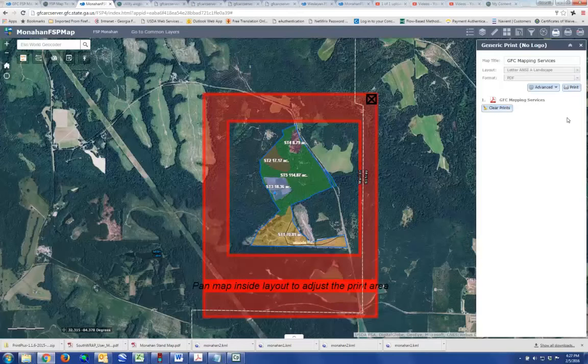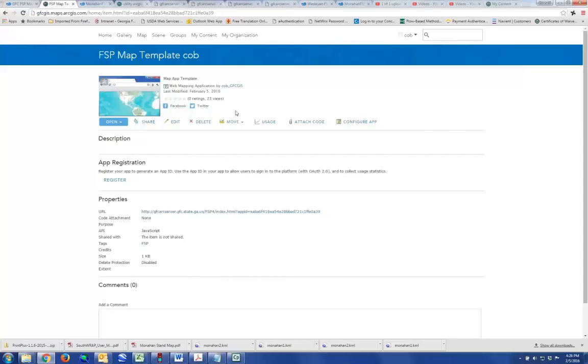But in the case where you are trying to print these things, you get filed up, and a lot of times you'll start getting errors like missing legend items or layers, or just print failures. It may just say error, try again, instead of giving you the print output. And if that happens, let me show you how to